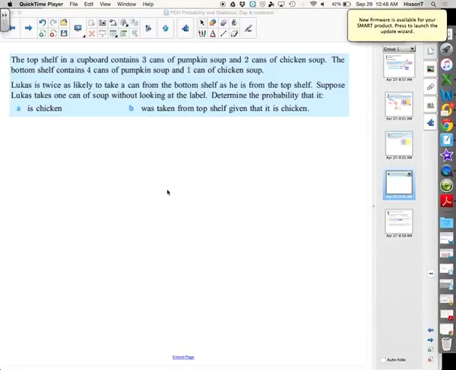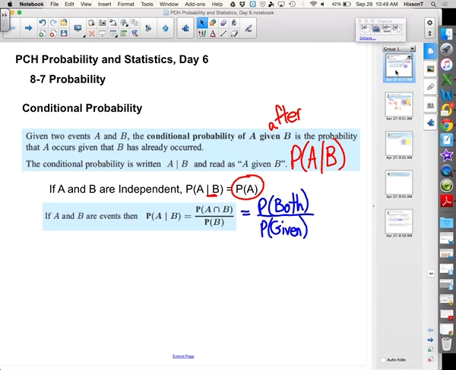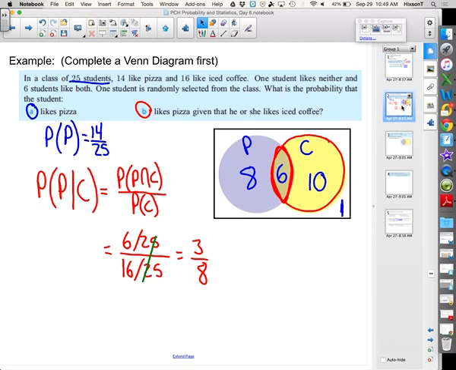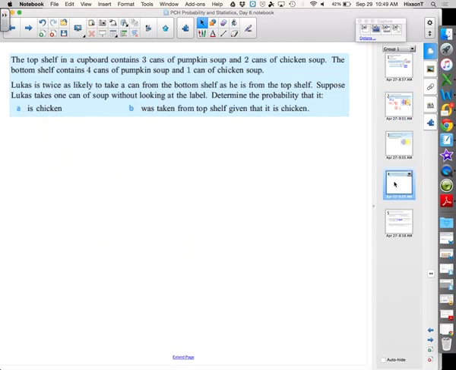So I wanted to look at our discussion of conditional probability. We saw yesterday that the probability of A given B is the probability of both A and B over the probability of just B. And we looked at using a Venn diagram for that, but I want to look today at using a tree